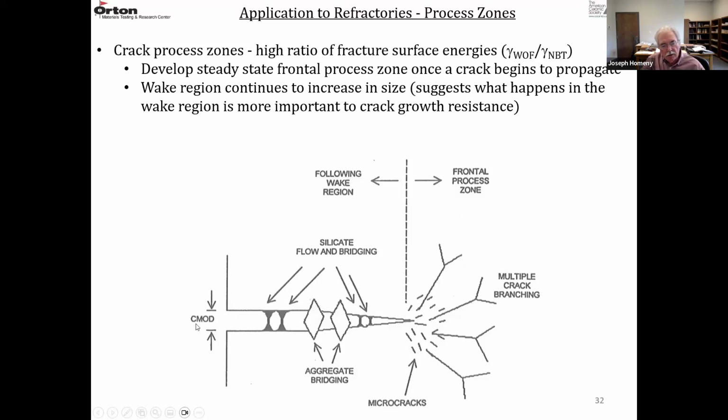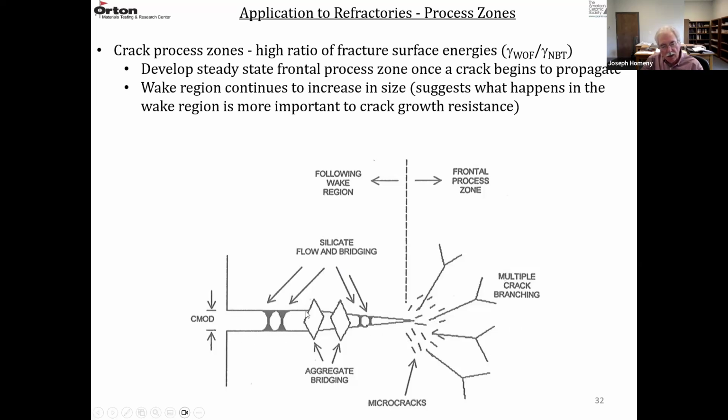So as this crack moves from left to right, you develop this frontal process zone, but it's a steady state frontal process zone. As the crack moves from left to right, the process zone moves with the crack tip, but it's a steady state because the process zone isn't growing in size. But in the wake region, this crack length keeps increasing, and basically, if you have a thermal shock resistant material,